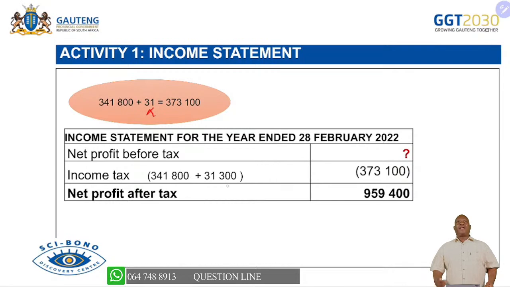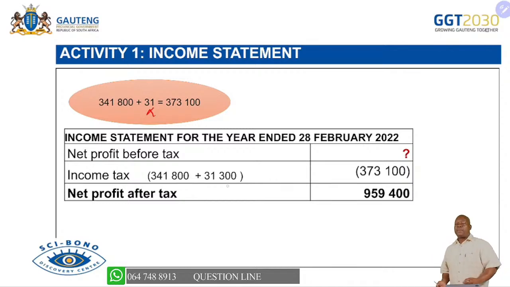What is normally? Coming from the top, going downwards. But if you check in this case now, for us to find the net profit before tax, we must do things the other way, which is the reverse way, which is from the bottom. Now, whenever you are coming from the bottom, signs change. What does that mean? It means for us to find the net profit before tax, we must say